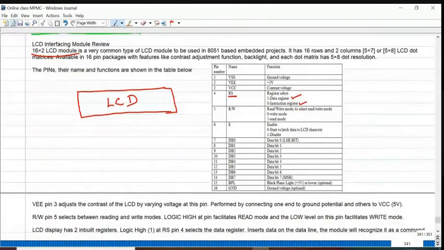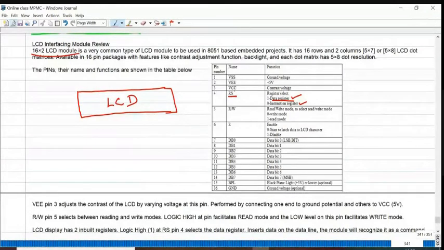The instruction register is used for storing information like turning on the LCD, clearing all the information, or moving the cursor. We can give some instructions to this LCD display. And the other register is called the data register. Whatever data we are transmitting, that is the ASCII value for each and every letter or number, will be processed with the help of the data register.